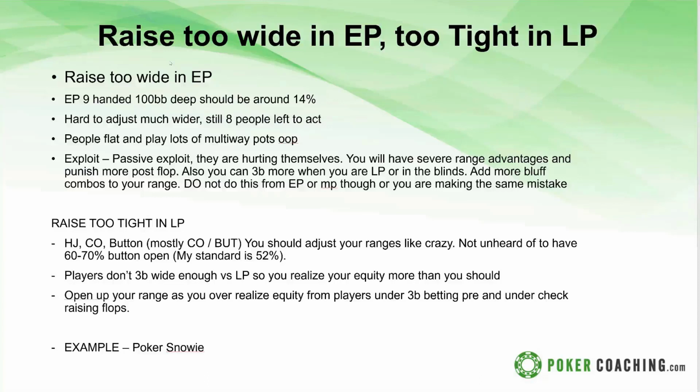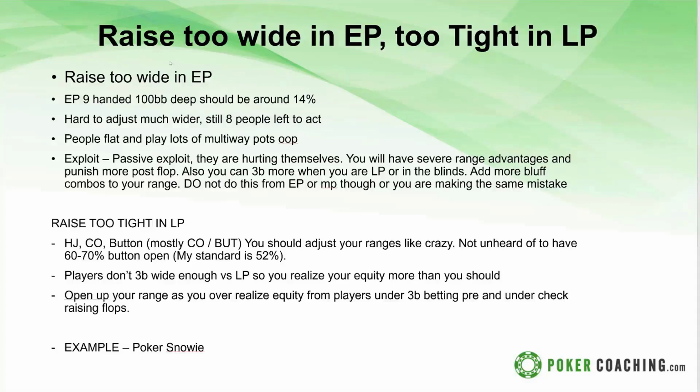So, like I said, this is a passive exploit: they're just going to be playing too many minus EV hands. And most of your active exploiting is going to be from later positions. So when you're in the cutoff, the button, small blind, and big blind, when there's fewer people to act behind you, then you can start 3-betting more against these early position people that are raising too wide. And then, against people raising too tight in late position, mostly the hijack, cutoff, and button,